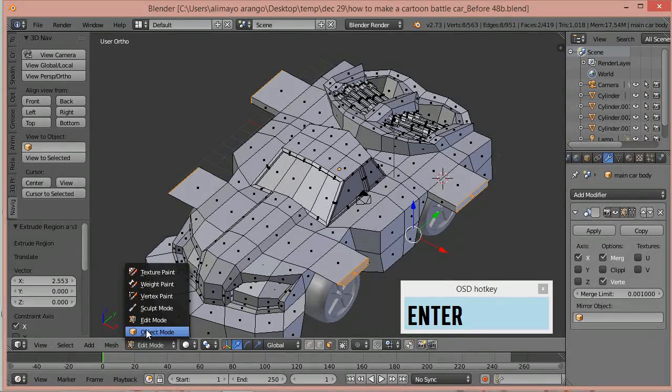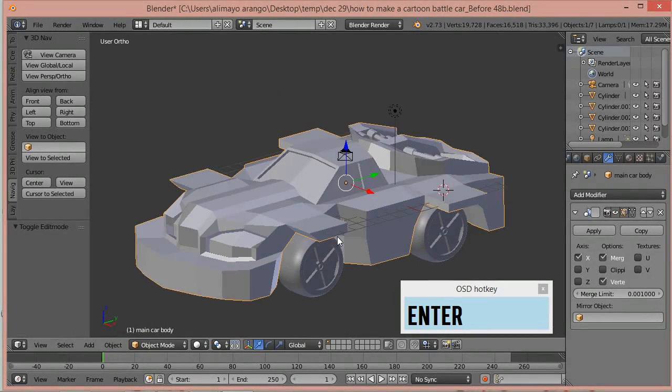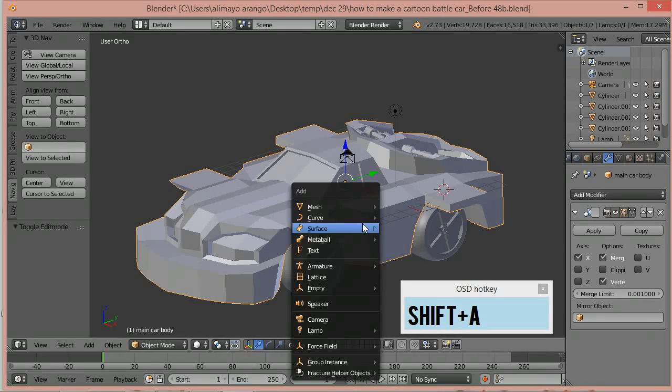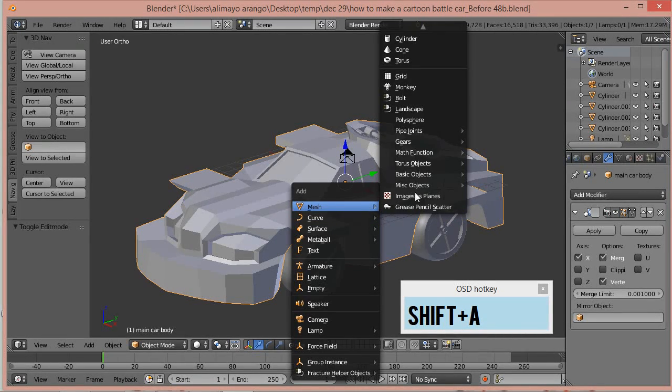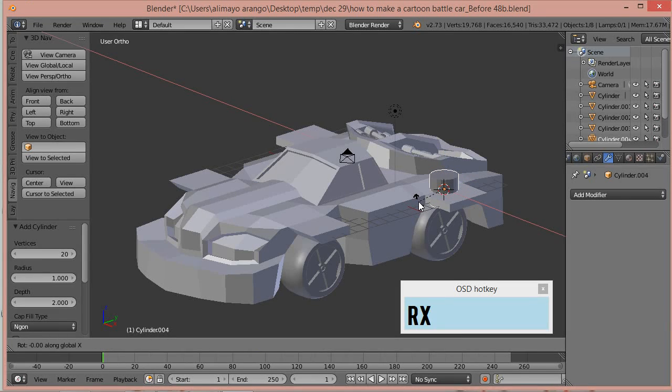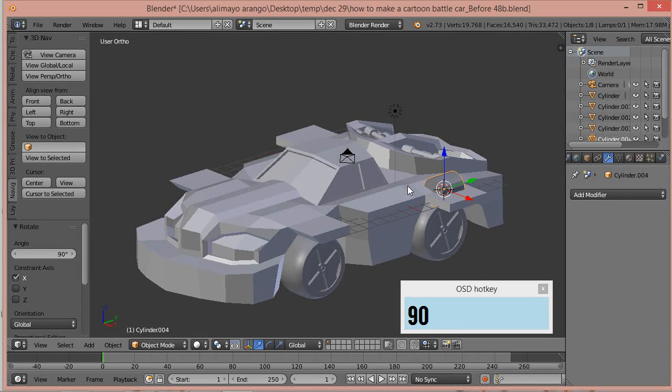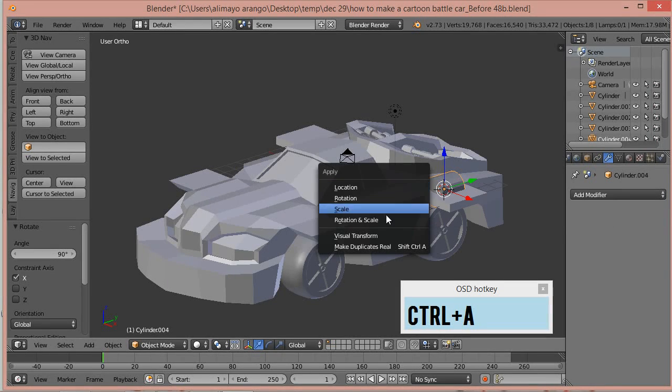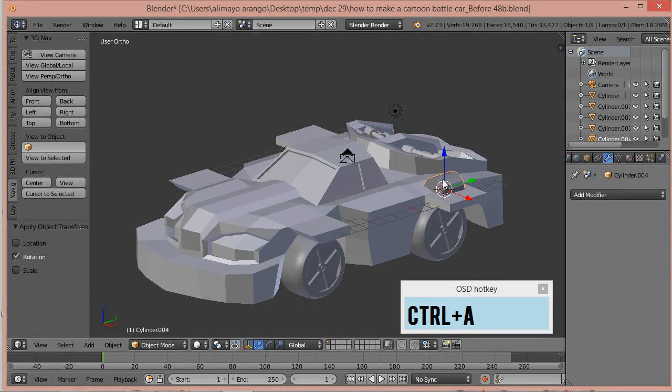Okay, we're going to click here. We're going to go into object mode. And we're going to press Shift A. We're going to go to mesh. We're going to bring in a cylinder, very similar to what we did before. We'll take this one down to 20. Left click to lock in. We'll press R to rotate on the x-axis, 9, 0. Left click to lock in. We'll press Control A for rotation. That's just that